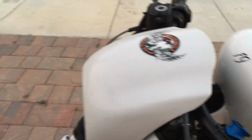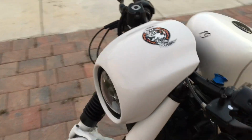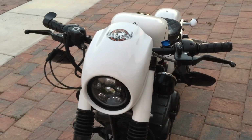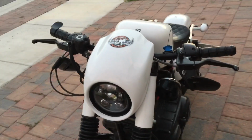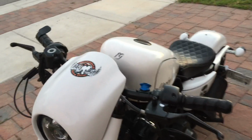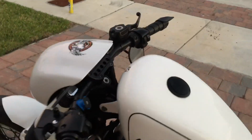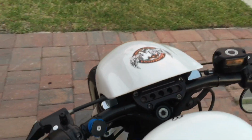We go to the front over here. Have a V-Rod coil. I believe this is from a Night Rod Special 2001. I bought it directly from Harley. They don't have them in stores. You have to go to a store and pre-order it. It takes like 3 weeks to get it. But this little piece over here